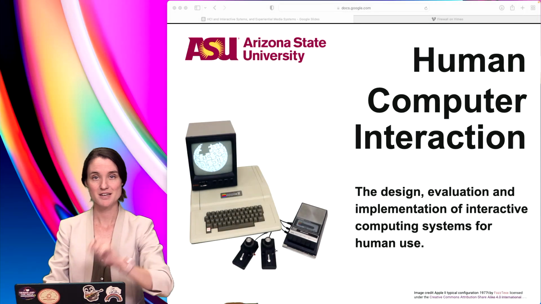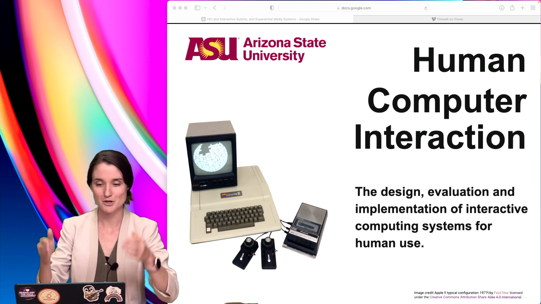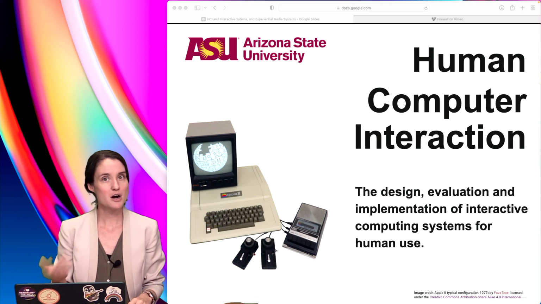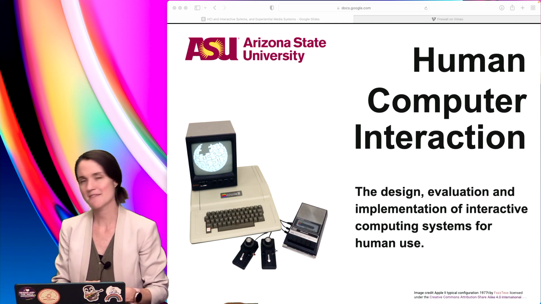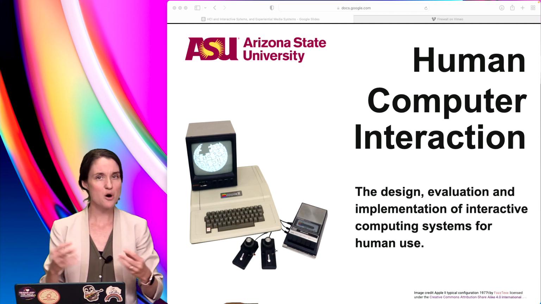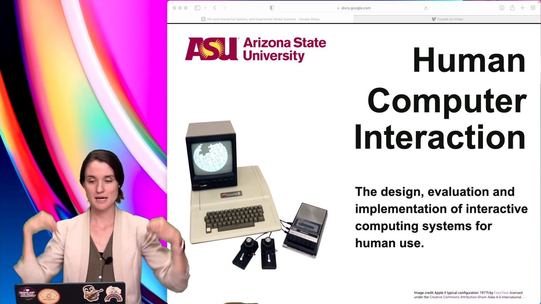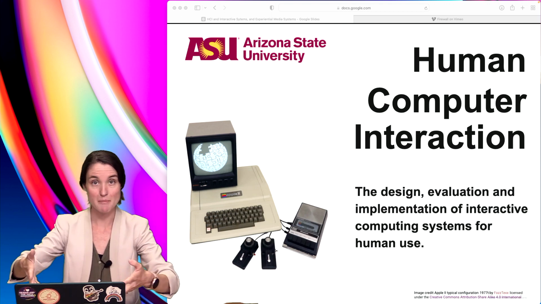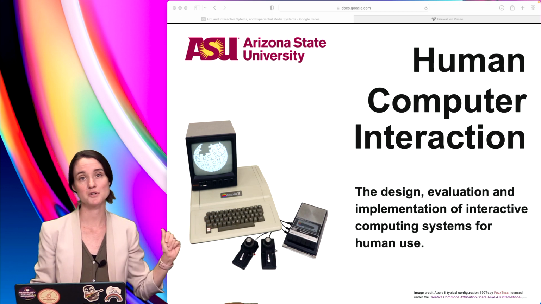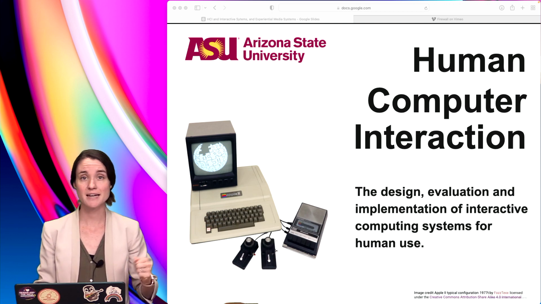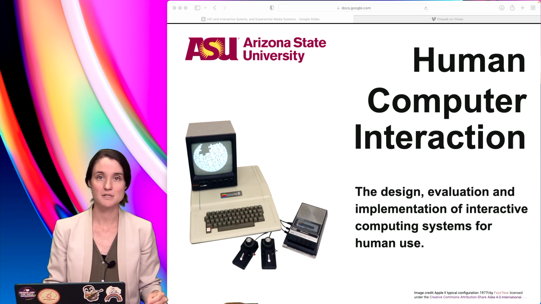Every single day, you use so many various types of computational systems. Your computer, your phone, your car dashboard, your keyboard and mouse, and your drawing tablet and headphones and a microphone, and all of these things taken together that help us humans communicate to these computers and computational systems. They all fall under the category of human-computer interaction, the design, evaluation, and implementation of interactive computing systems for human